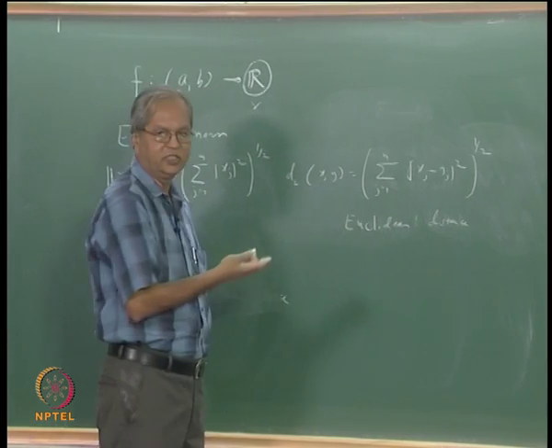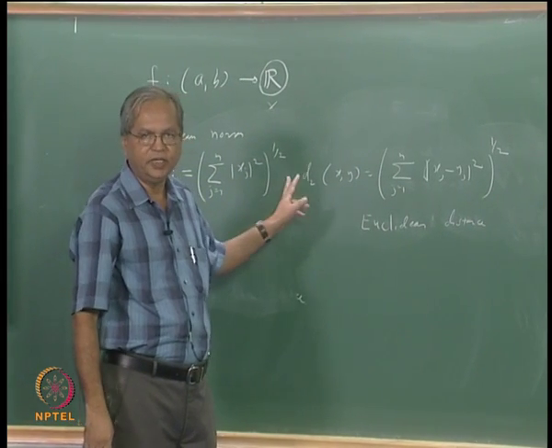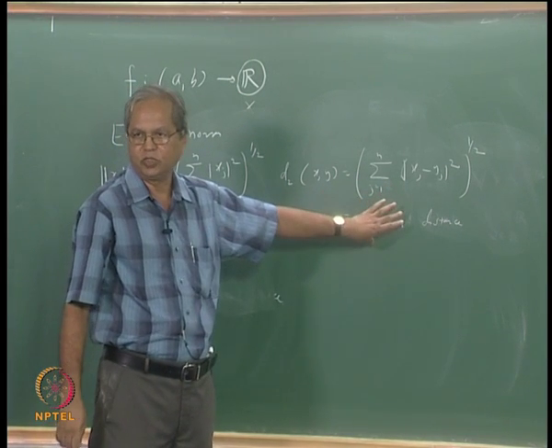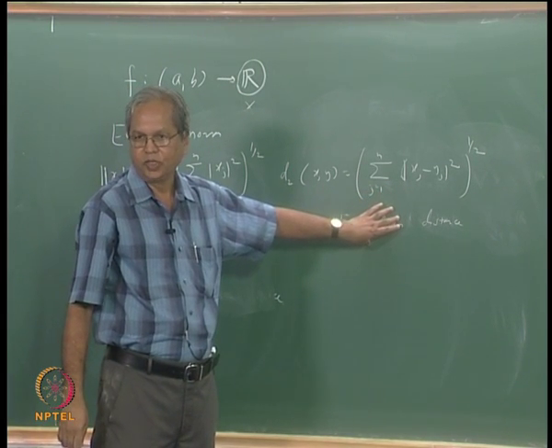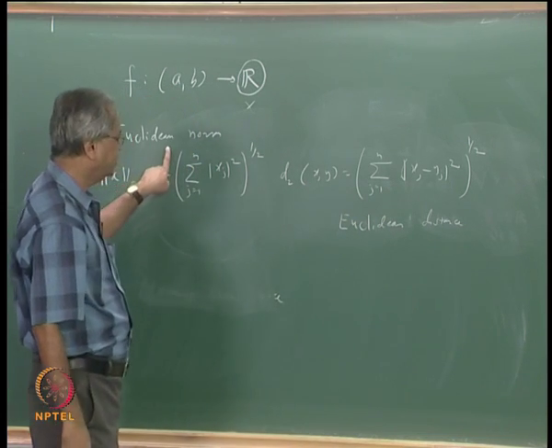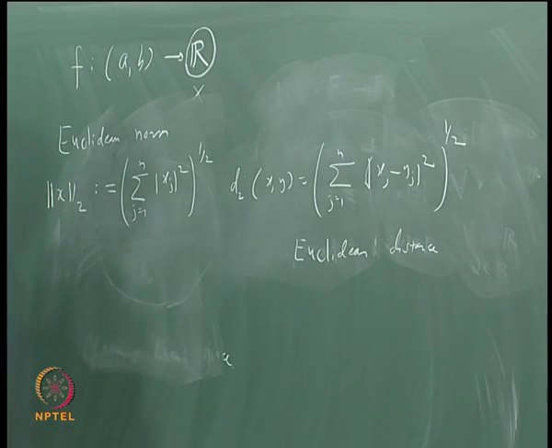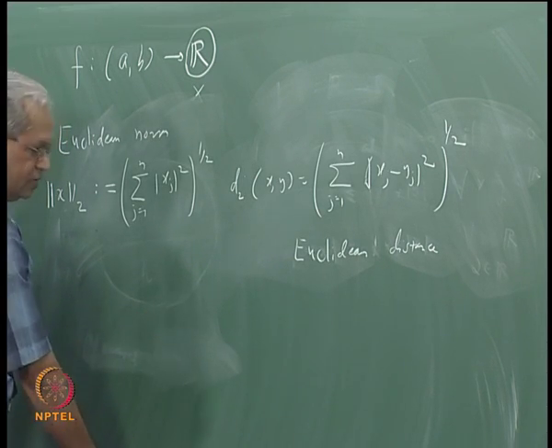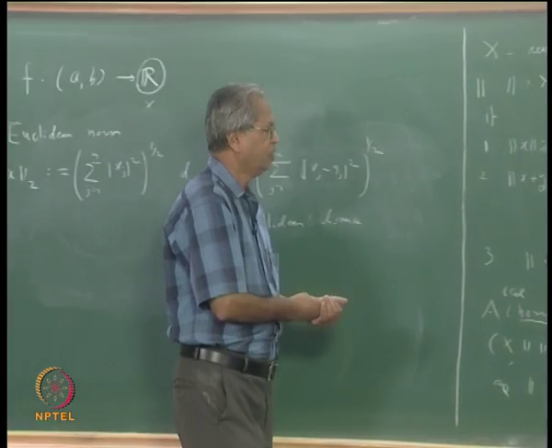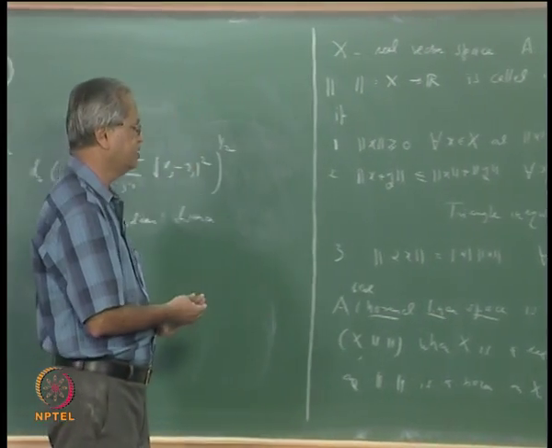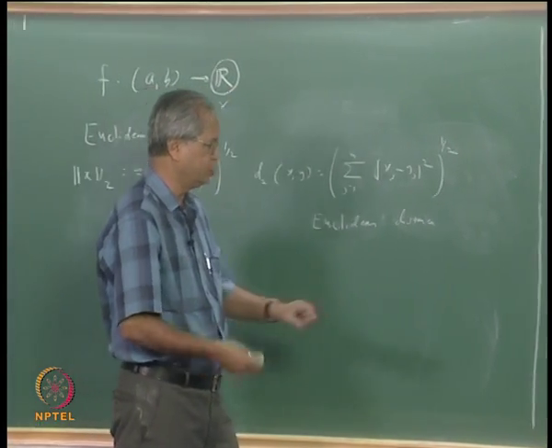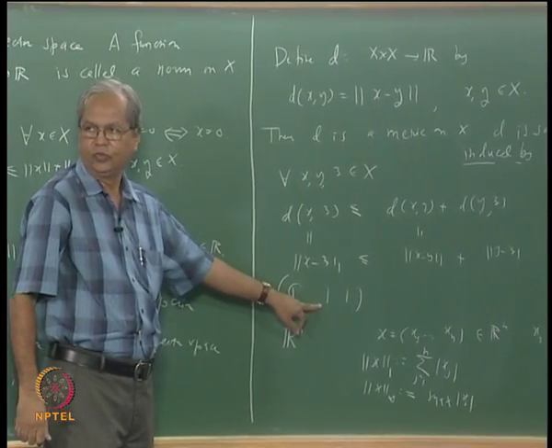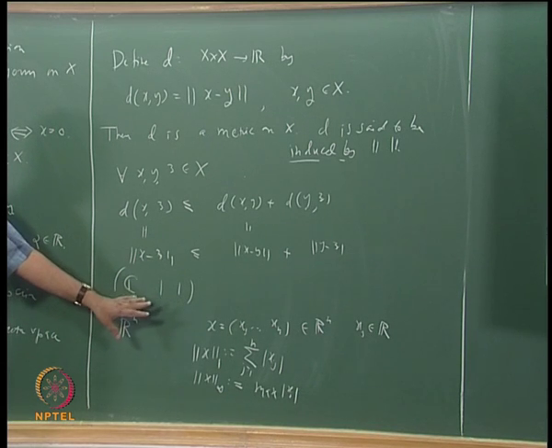You can see the obvious reason for that, because when you take n equal to 2 or 3, that is, if you are looking at R2 or R3, this is the usual distance between the 2 points. That is why the corresponding norm is called the Euclidean norm and the corresponding distance the Euclidean distance. So for our discussion of differentiation of functions, let us confine ourselves to these two examples, either C with this absolute value or Rn with one of these norms.